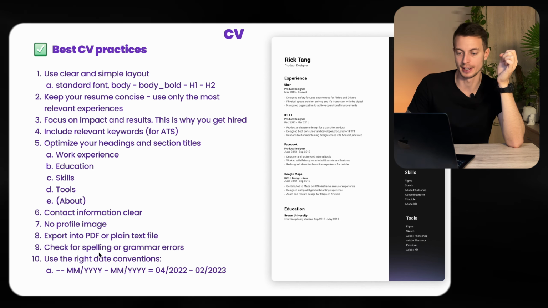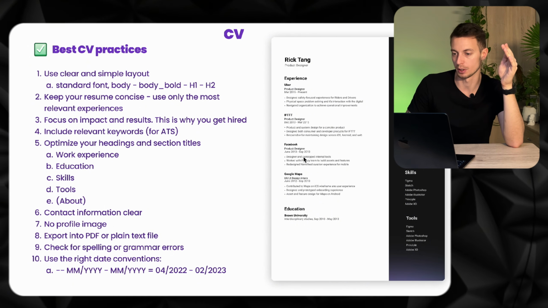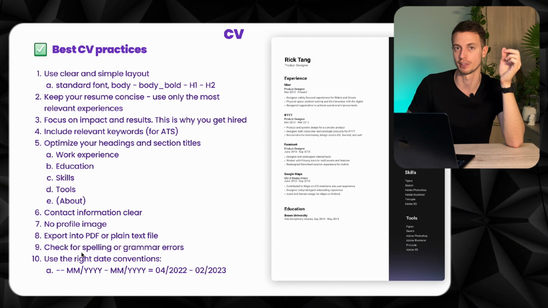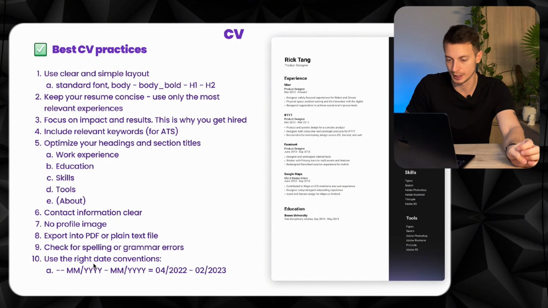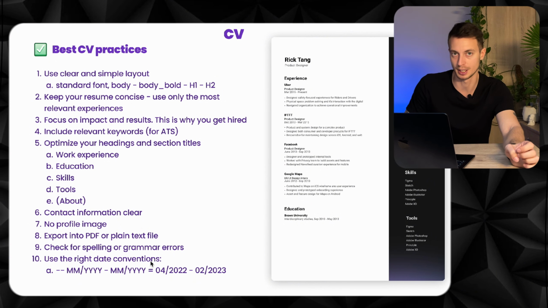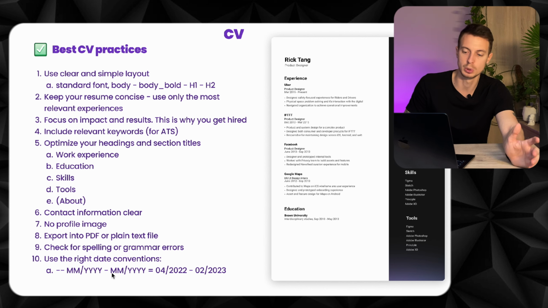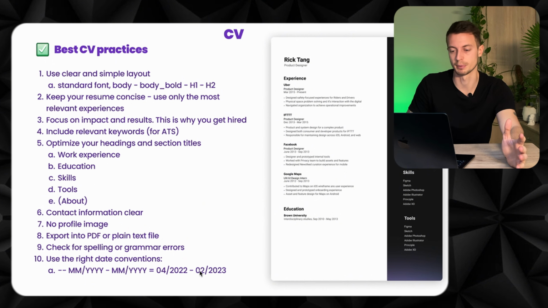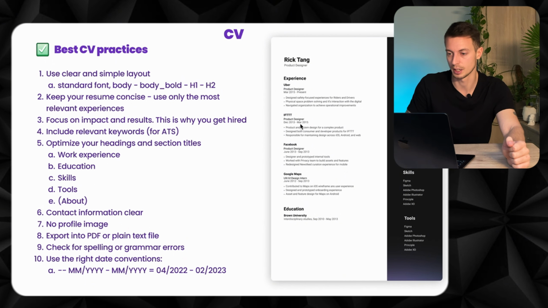Check for spelling errors and grammar. Also use ChatGPT to check this. You can also do this by yourself, but it's a huge problem if you have any grammar mistakes there, so try to avoid it at all cost. And use the right dating conventions, also important from the ATS system perspective. We want to have month and year for whatever time you were working there, and this is how it would look in reality. So the ATS system can easily recognize the starting and ending dates of your previous